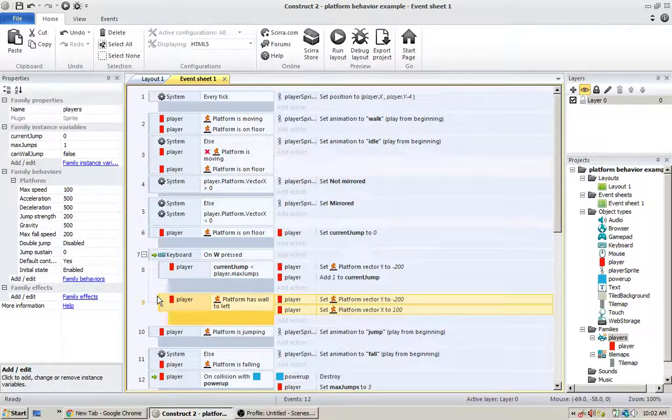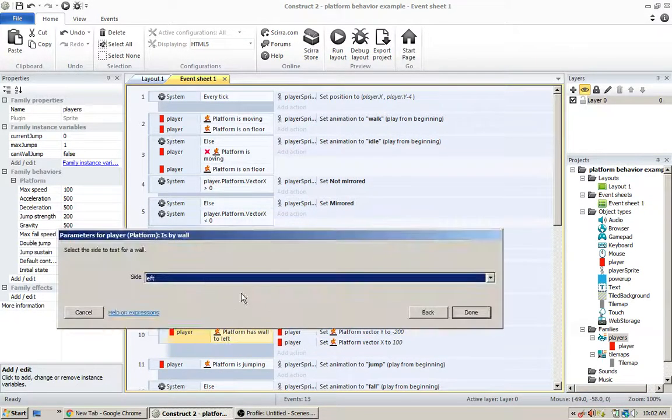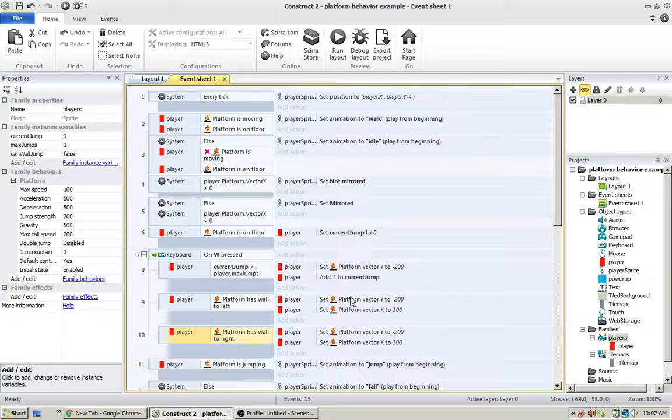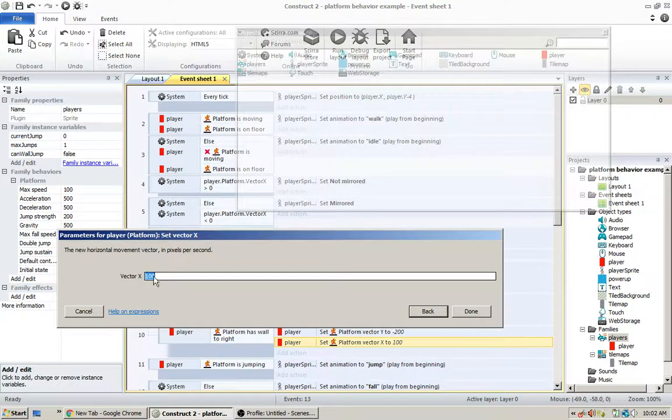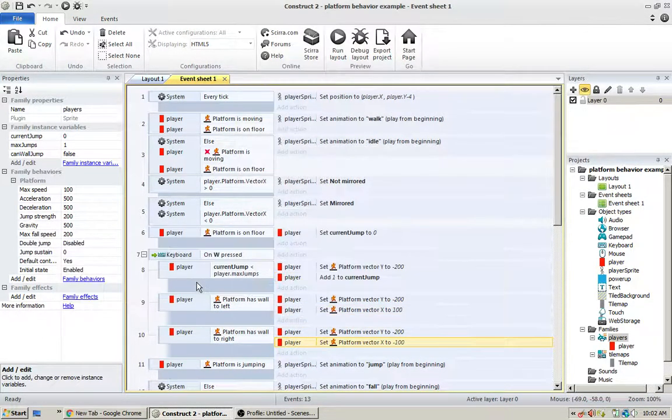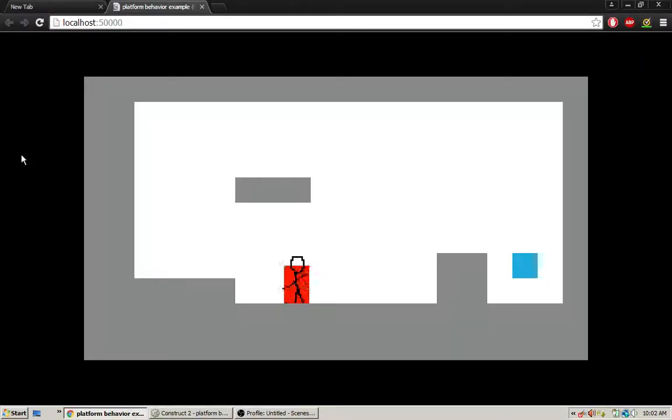And let's just copy this, change this to right, and then change the X to a negative. So now we have both directions. Now let's run that and see what happens. So now we have our character and we can move around. Let's try jumping and then pressing it. Okay, so that's what happens. As you can see, I let go when I jump towards the wall,